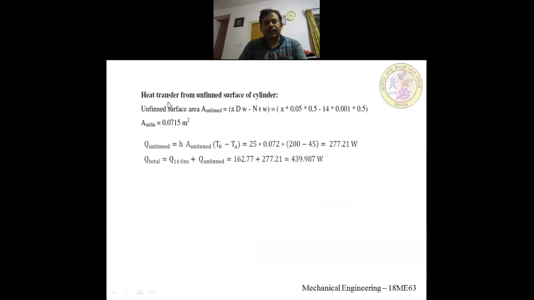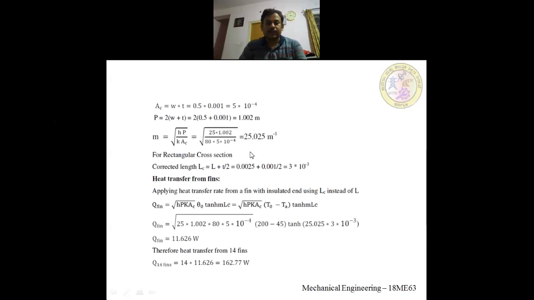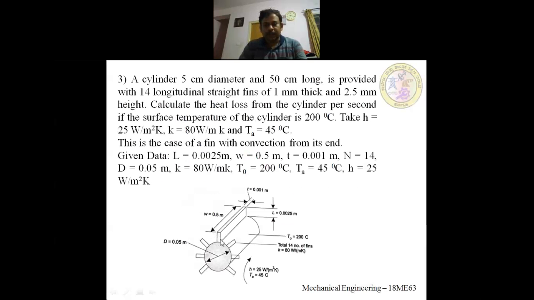Next, we will try to find out the heat transfer from the unfinned surface of the cylinder. That means, see, between the fins there is some area. Through this area also heat will be transferred by convection. First, let us find the total area of the surface of the cylinder, then minus,